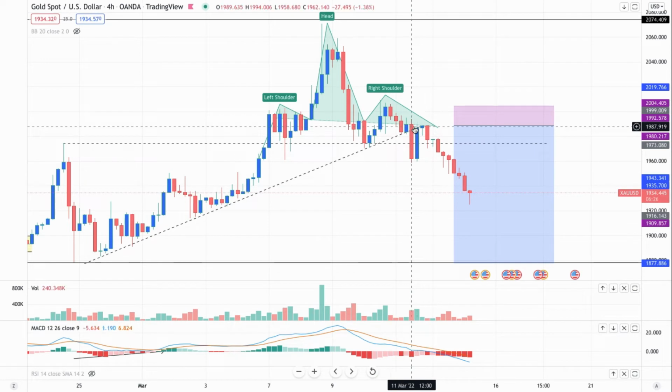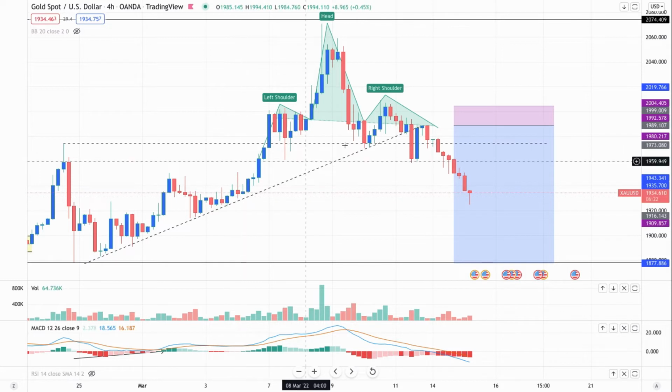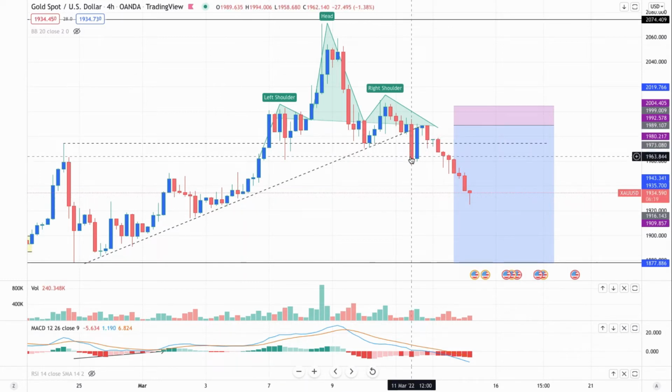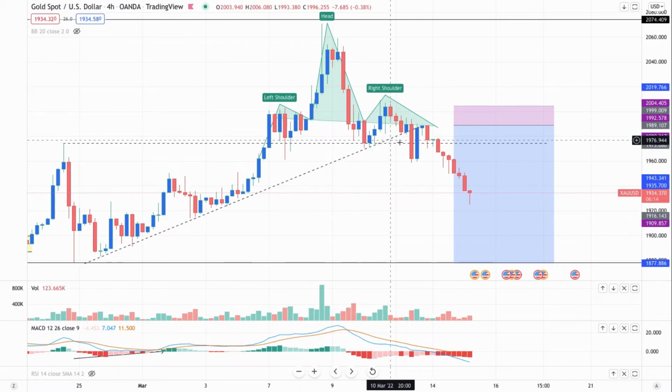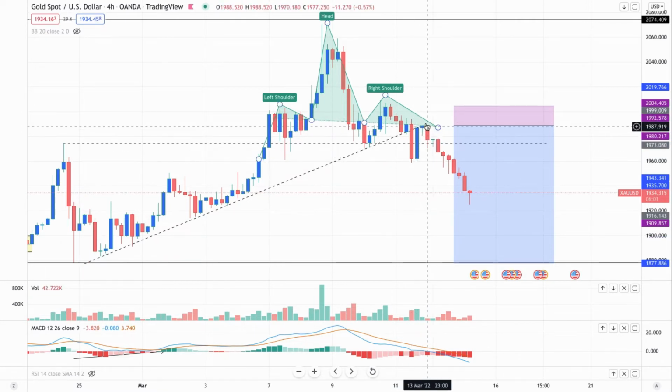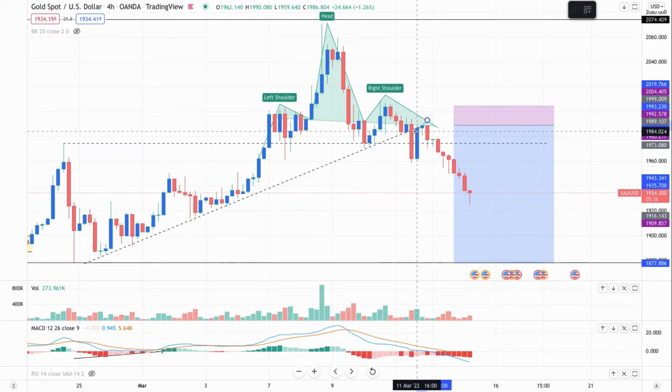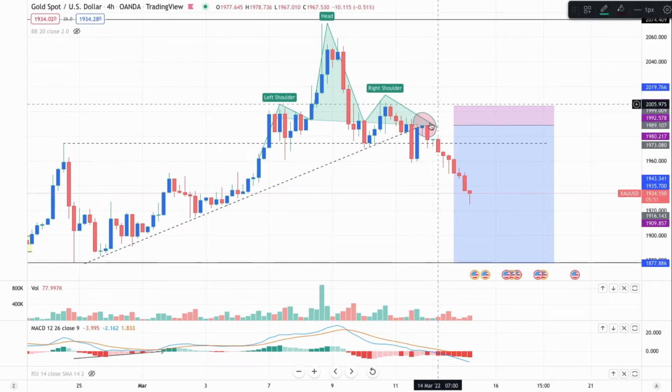We saw in one candle, price broke the head and shoulders pattern as well as the trend line, broke below this line here, which was once resistance flipped support, right? Now, once this happened, we see volume was significantly higher than its previous candles. I would then look for a retest back up to the trend line for my entry. This area right here would be my entry. And we can see that we got that right there.